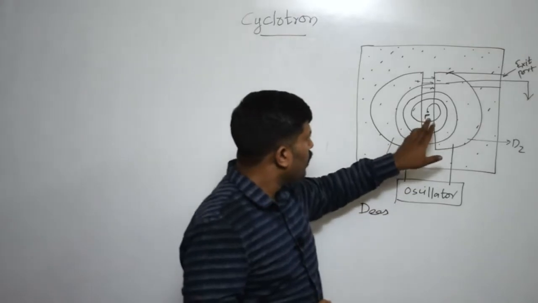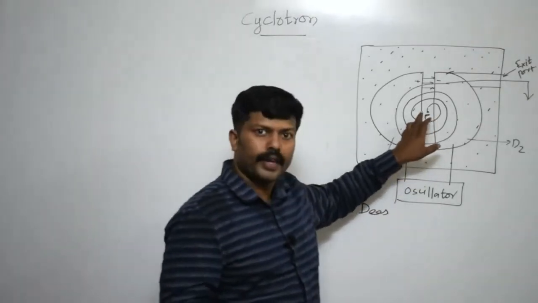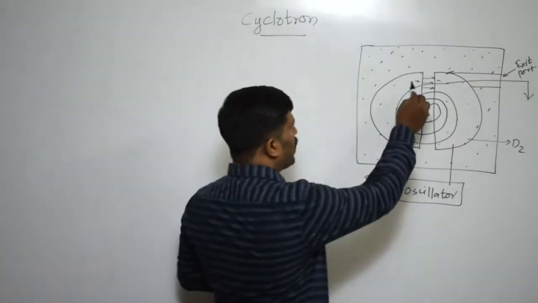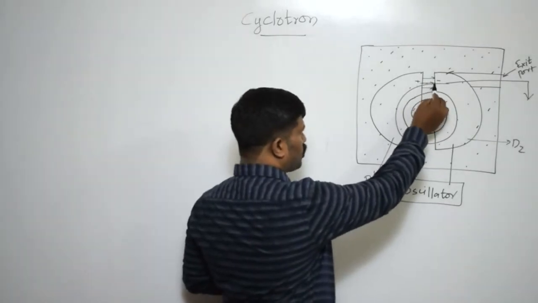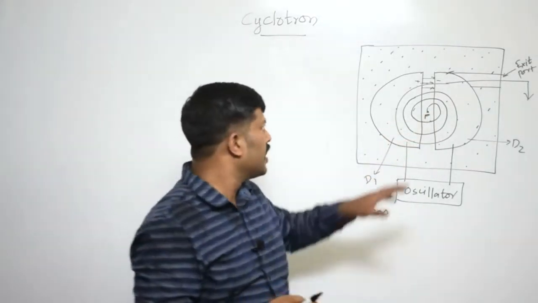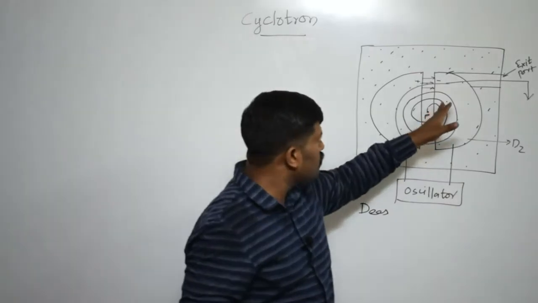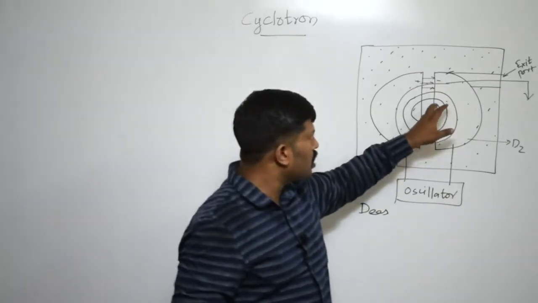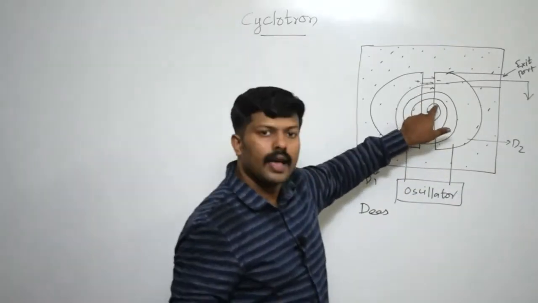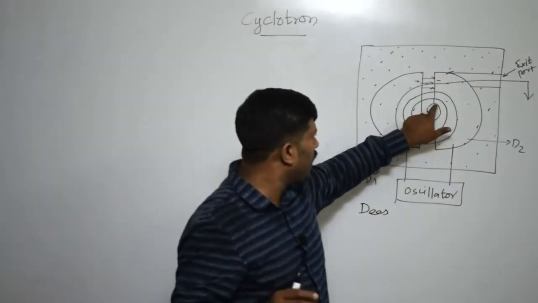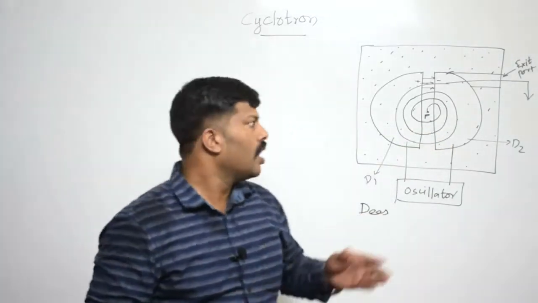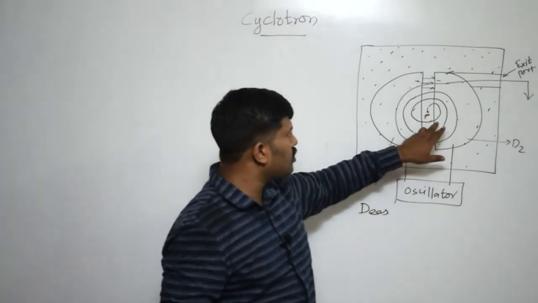Here, when we keep a charged particle over here at the point P, the charged particle will be acted upon by the electric field. So if it is plus here, it will be minus there. The electric field will be acting from plus to minus. So once the charged particle is acted upon by the electric field, what happens? It will gain some energy and it comes into the D-shaped structure. Once it comes into the D-shaped structure, it is acted upon only by the magnetic field, so that it gets only centripetal force. So it takes a semicircular revolution.